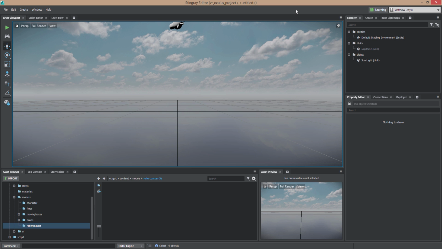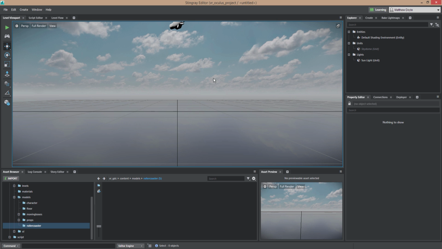Okay, so here we are inside of our newly created VR template project. This is obviously for an Oculus. And what we're going to do is show you how to build a roller coaster VR demo today. Now, the roller coaster itself was created using 3D Studio Max's Max Creation Graph, so it's completely procedural. And it's really cool because it's basically just built on a spline. So all you have to do is create a spline loop of any shape with loops and twists and turns, and the MCG will automatically create the roller coaster for you,